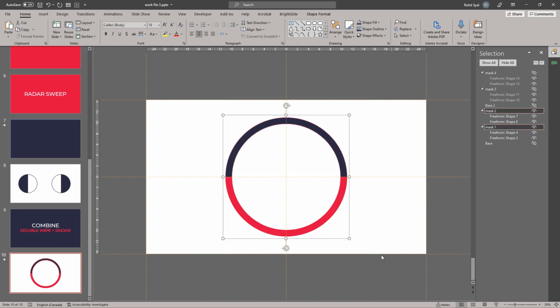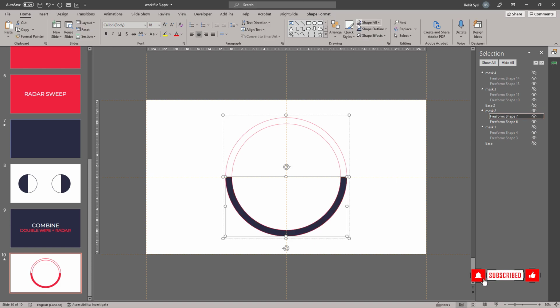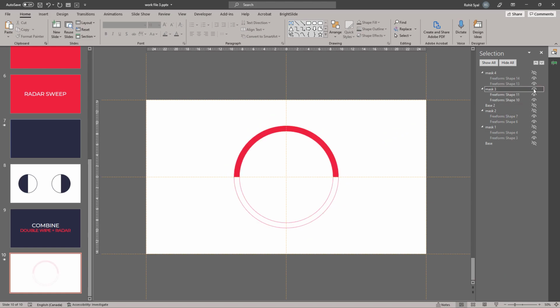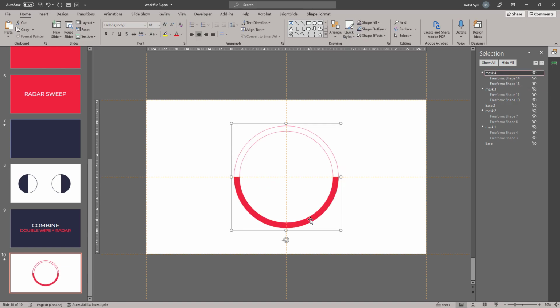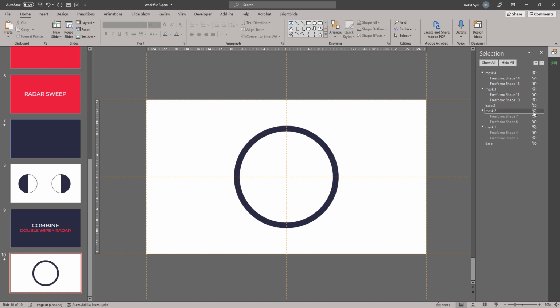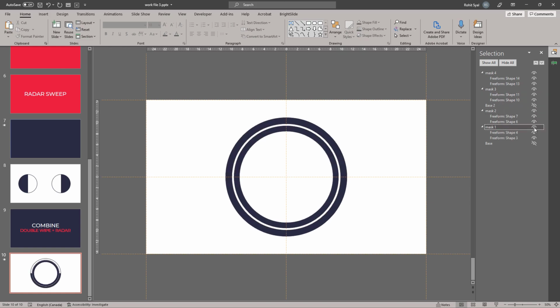Again, let's select it, the red part. There we go. Select all of it and make it blue. Then for mask 3, now we can bring back all the masks that we've hidden, and they should all be blue.